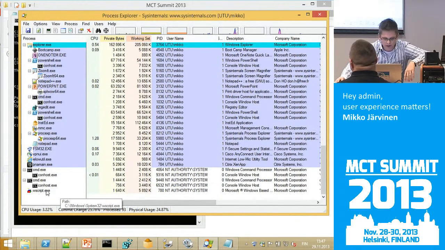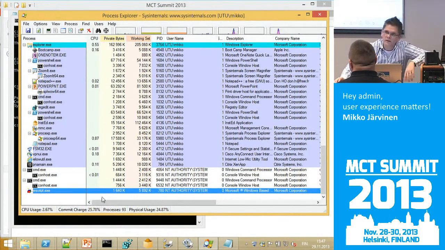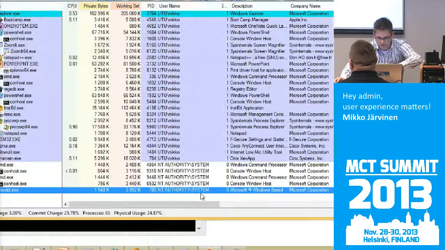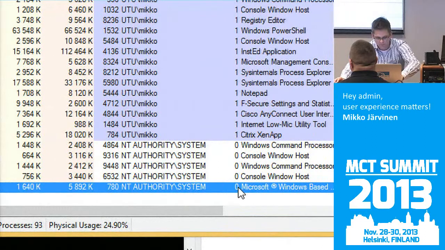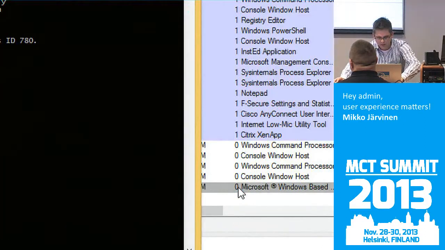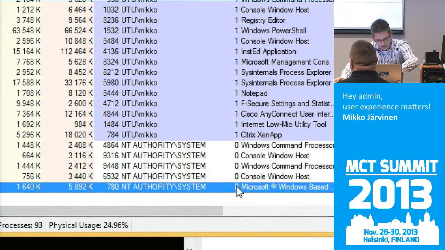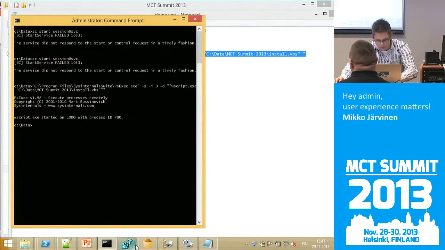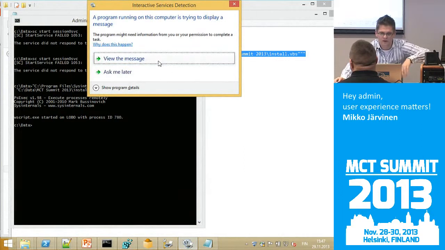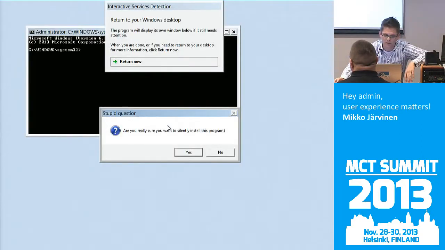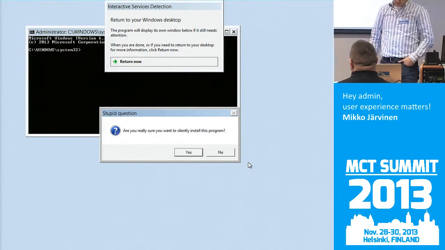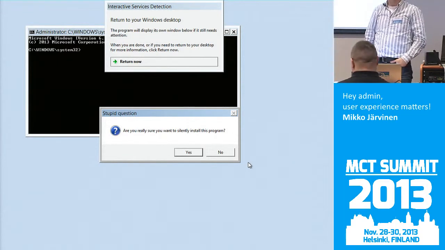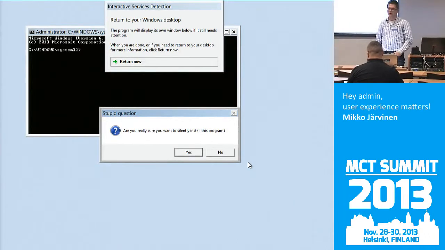We can see that we also have wscript.exe running in session 0. And now we go to the interactive services detection and see what happened. And we have this one: a stupid question. Are you really sure you want to silently install this program?